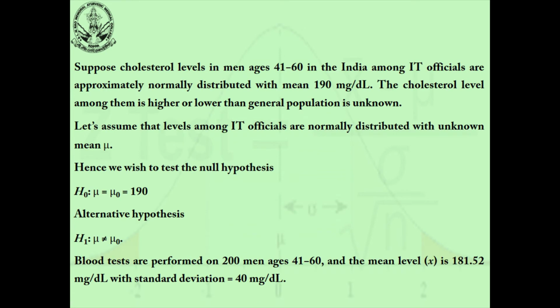So here mu is equal to mu 0, meaning the two population means are equal. That is the null hypothesis: the two population means are equal, and the alternative hypothesis is that they are unequal, with a significance level of alpha. That's given, whatever we are trying to find. Now we will see and use this.